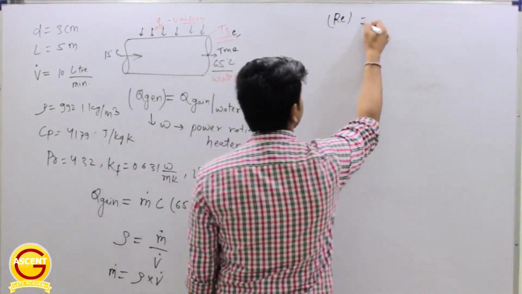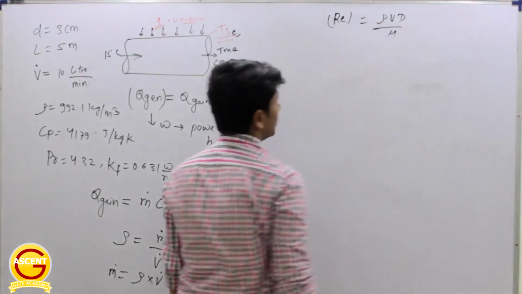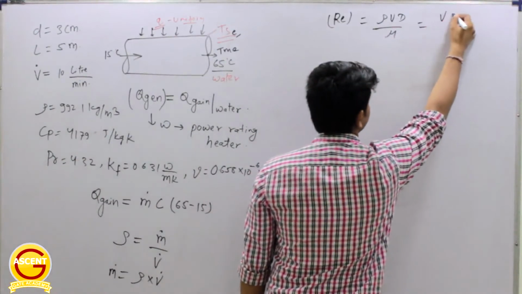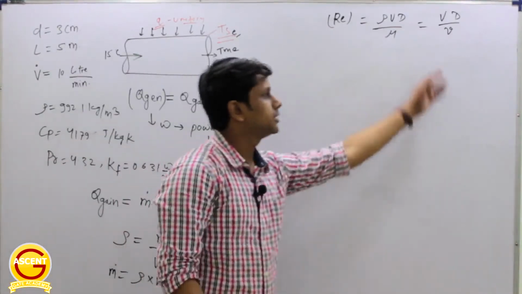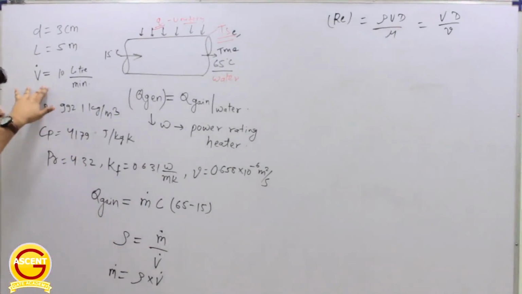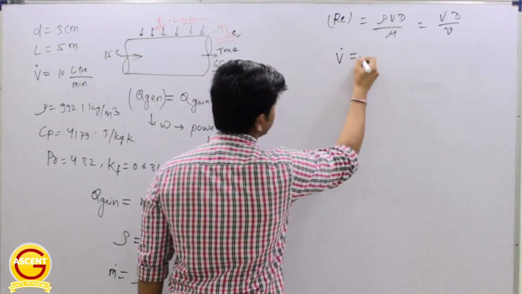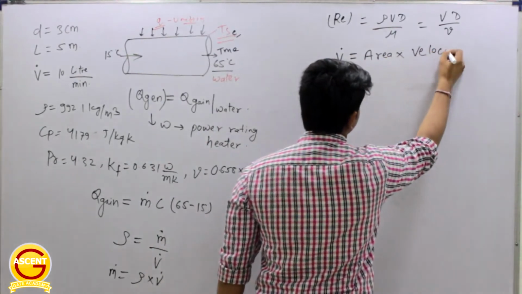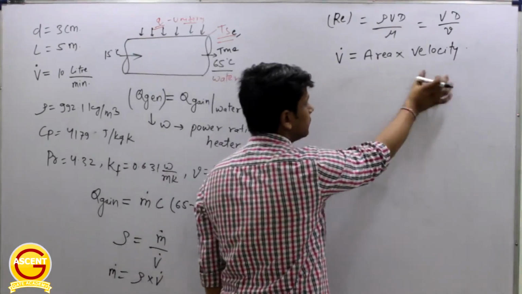So we will calculate the Reynolds number to find out if the flow is laminar or turbulent. Right, so Reynolds number will be what? Rho V into D divided by mu. But here we are given this kinematic viscosity, so it will become V into D by nu. Right, and has he given this velocity of fluid? He has not given. Right, he has given the volume flow rate, and we know this volume flow rate is equal to area into velocity. So this you know from the knowledge of fluid mechanics, discharge equal to area into velocity.